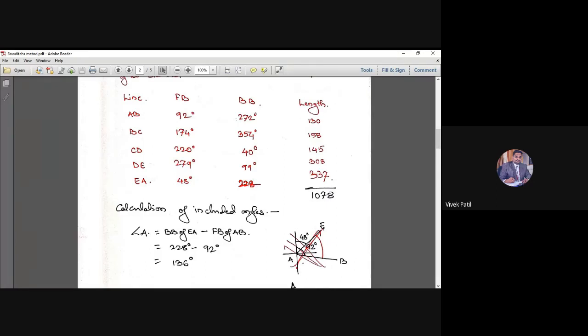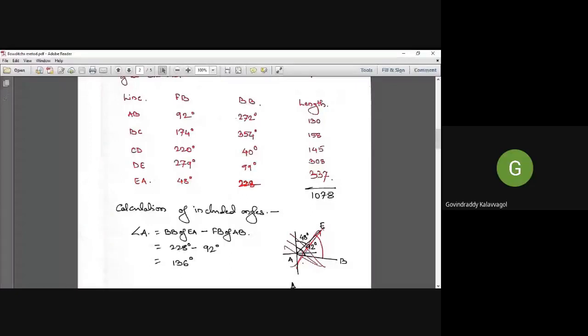Now there is a minor change in the formula for calculation of moments in moment distribution. Okay. So as we know that, suppose B and C are sinking. Try to draw the diagram and calculate the angle. Angle C.